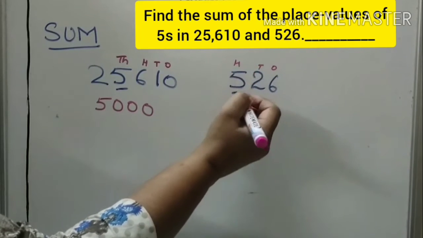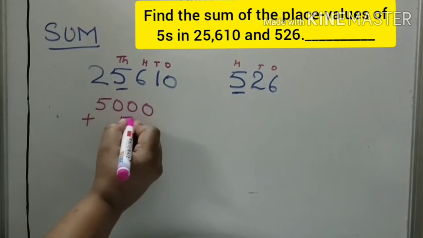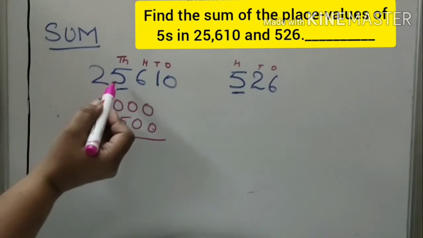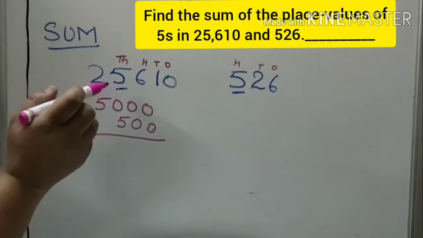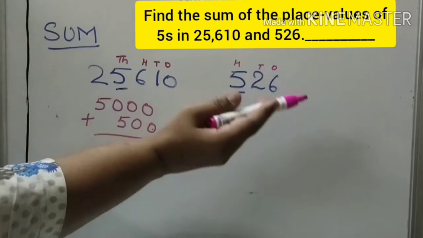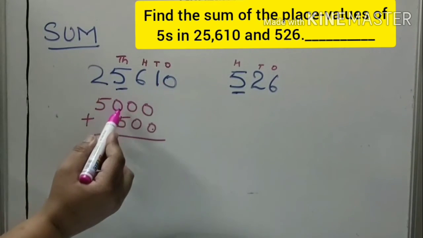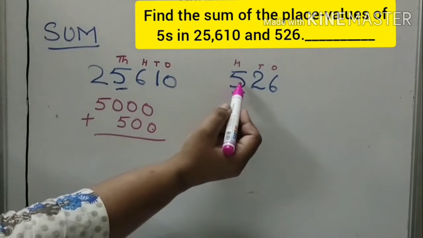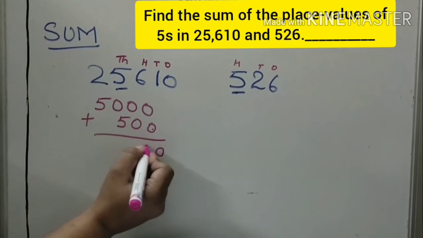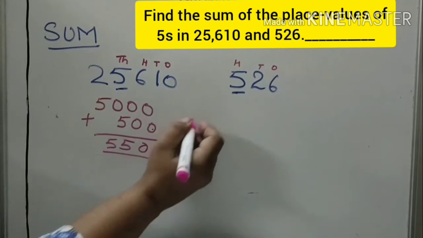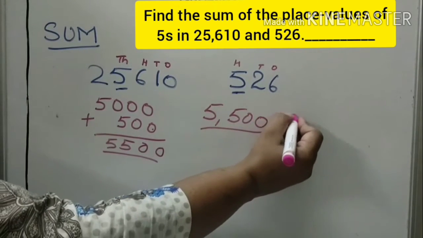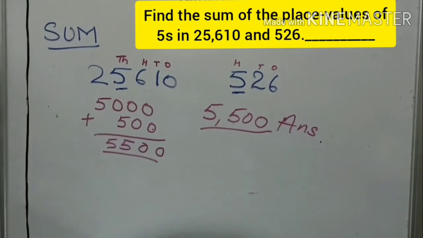And in this, what is the place value of 5? Ones, tens, hundreds. And children, I have told you in another video in place value that the other way of finding the place value is you can simply write the digit of which we have to find out the place value, that is 5. And how many digits are there on the right hand side? 1, 2, 3. So 3 zeros will come. In the same way here, 5 comes, 2 digits, so 2 zeros. Okay, now simple. We will add and we will get the answer. What will be our answer? 5500 answer. This is our fill up.